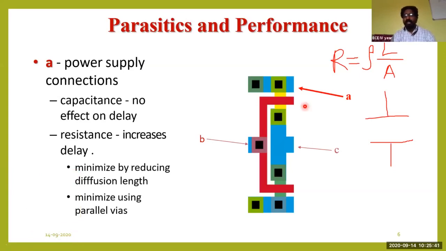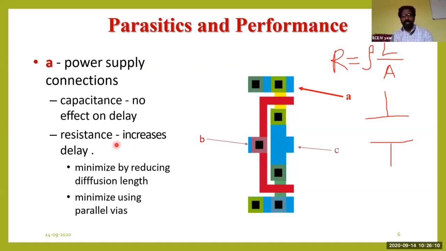So the capacitance has to be very small so that it can easily deliver the output from one point to another point. Why are we telling this? This point will not affect the delay much, because it is in no way connected to the input and output of the signal. It only supplies the power to the circuit. So this capacitance formed here will not have much impact on the delay of the signal movement.